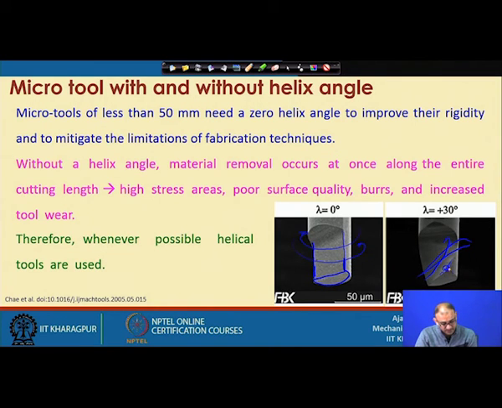But the sharpness will play an important role, and the movement of the cutting material is very easy in this case. So, whenever you are working with more than 50 micron, it is better to go with the helix angle, and if you have a problem with rigidity and fabrication technique, then better to go with 50 micron or less without any type of helix angle.